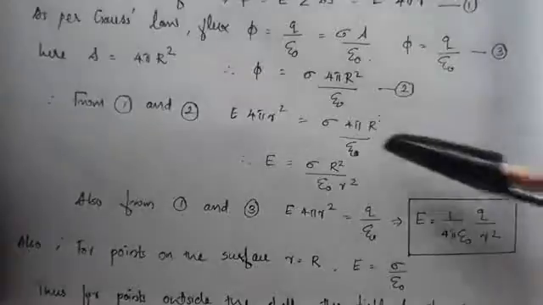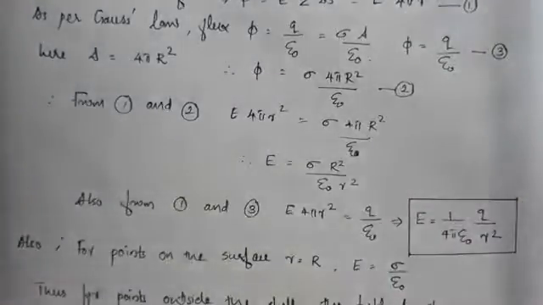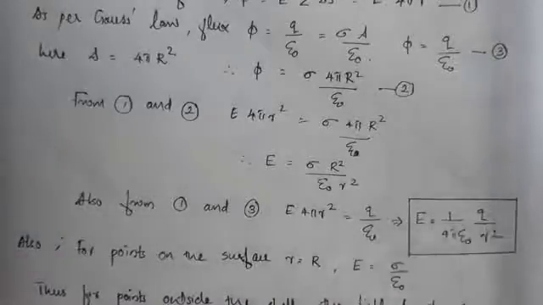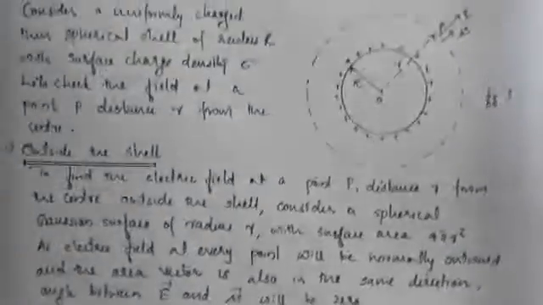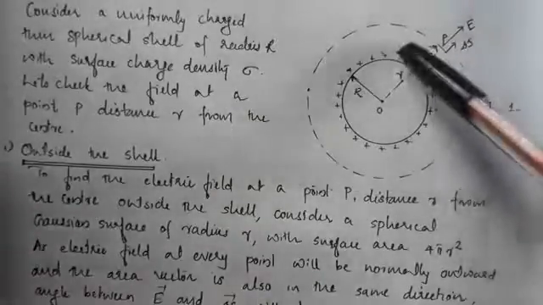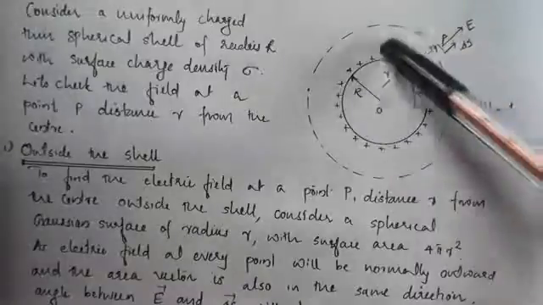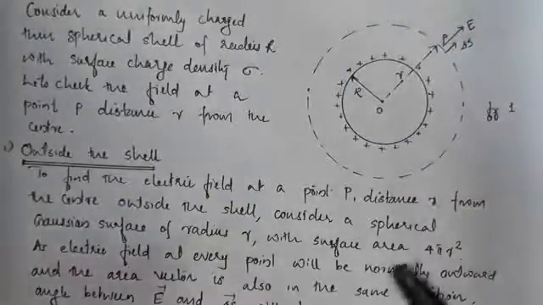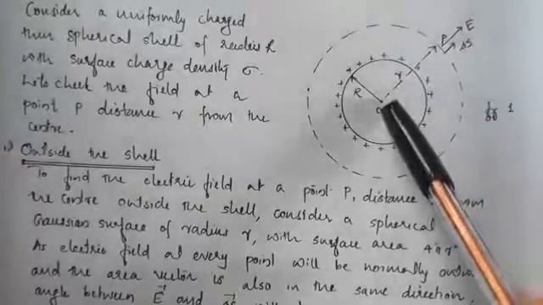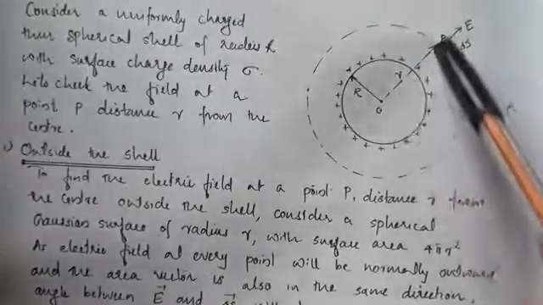Why should we make it this way? We can go with the earlier equation, it doesn't matter. But this equation has a speciality. This is the equation of electric field created by a point charge q at a distance r. So what does that mean? It means that outside the shell, if we consider a point outside the shell, instead of considering this charge as a shell, we can think about this charge q kept at the center and creating electric field at this point.